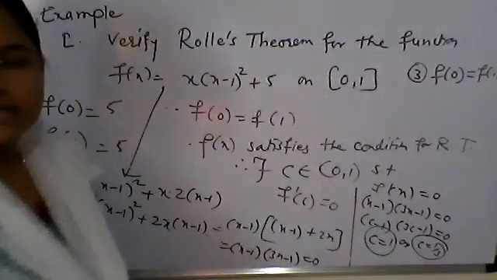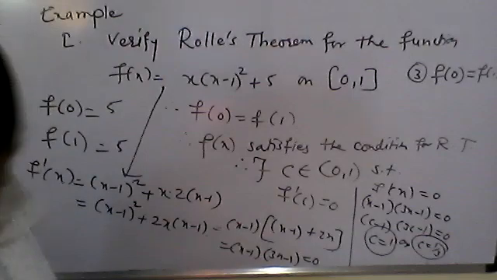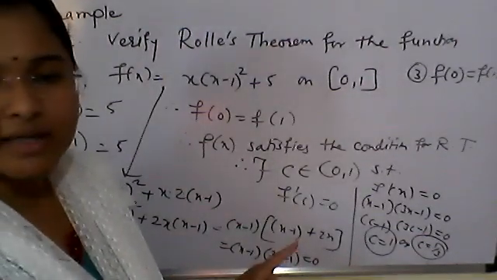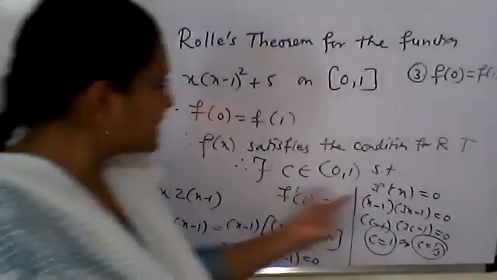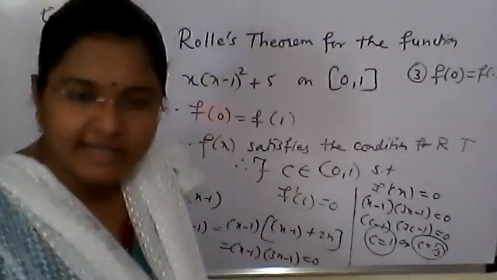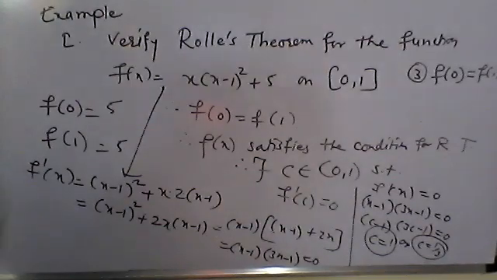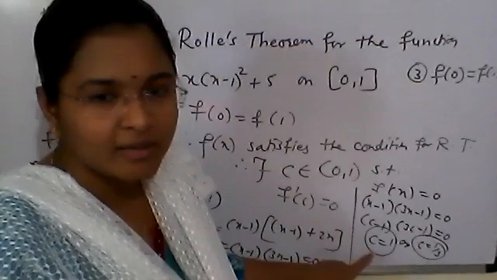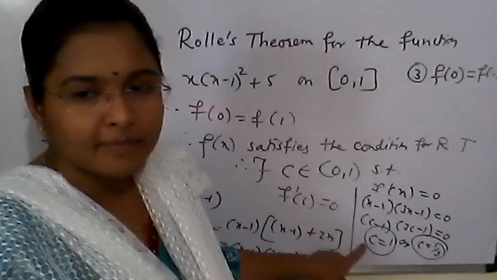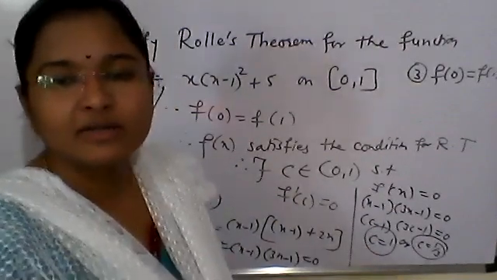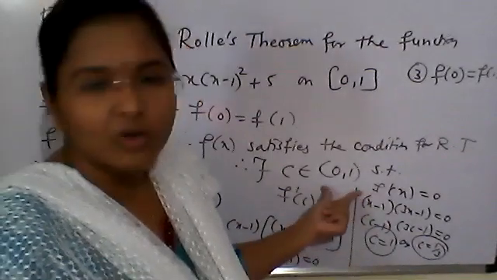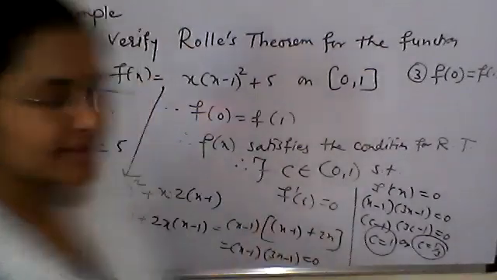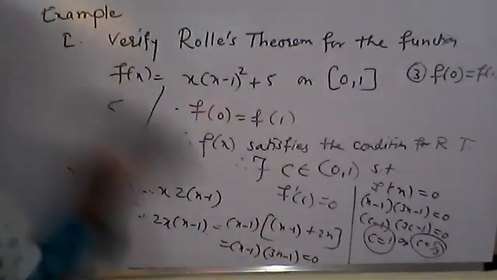Any doubt, Utkarsh, in this step? No, ma'am, no doubt. So if you will take c equals to 1, can we take this value in the open interval 0, 1? Can we take c equals to 1? No, ma'am, we cannot take it. We have to take open bracket. Okay. So we can take c equals to 1 by 3.